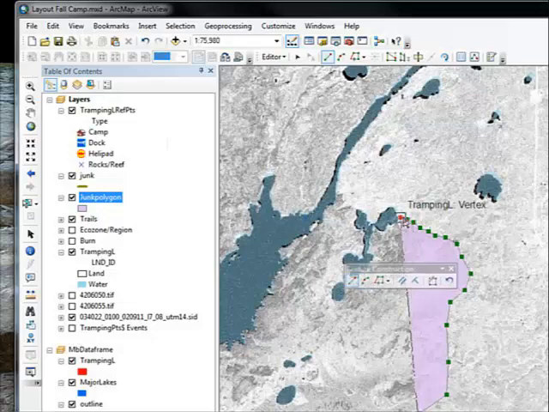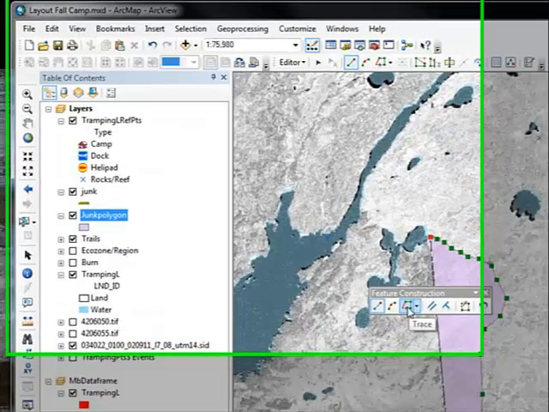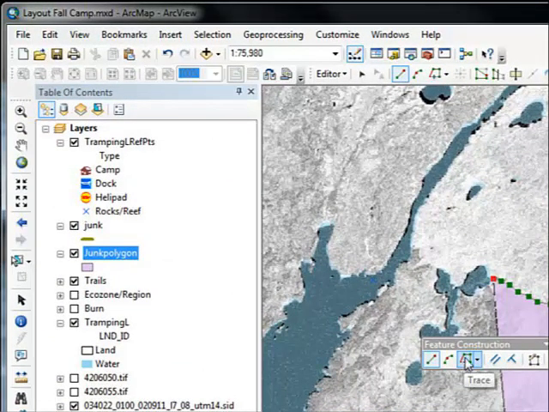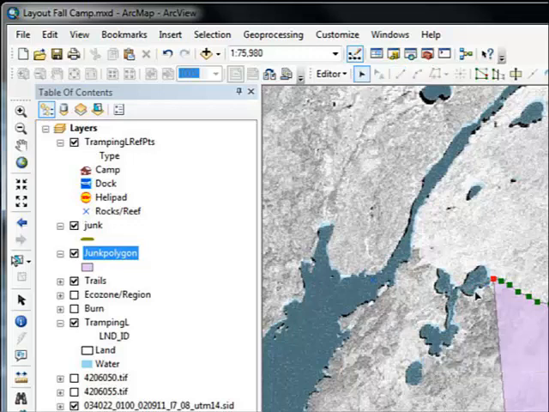Now, I want to perfectly follow this trapping lake layer here, and in order to do that, I'm going to use the trace tool, which is down here. But in order to use it, I have to select the polygon which I am going to trace. So I'm going to come in here and select the lake here, which is in the